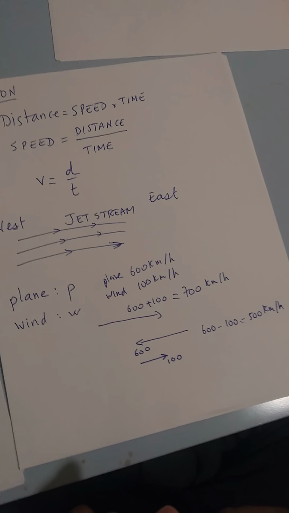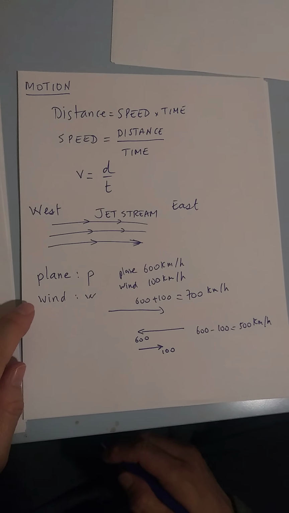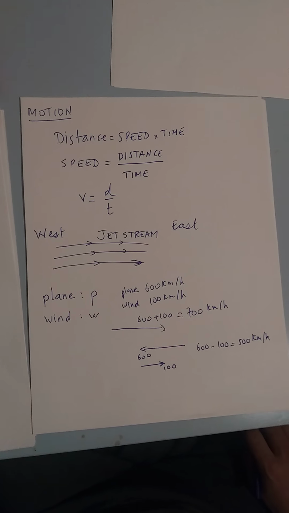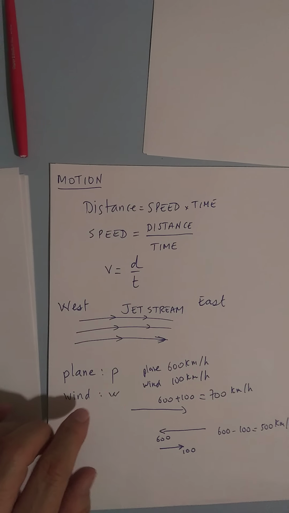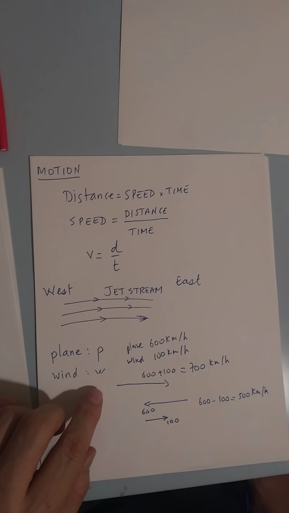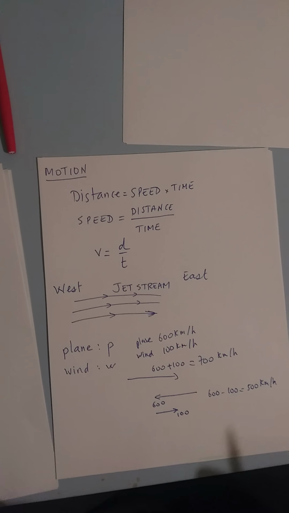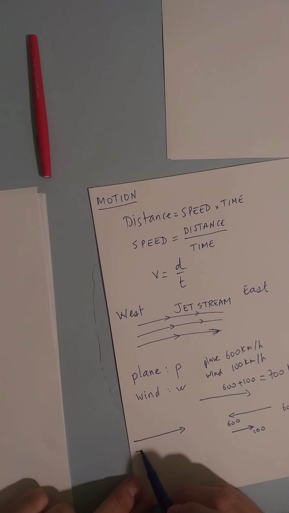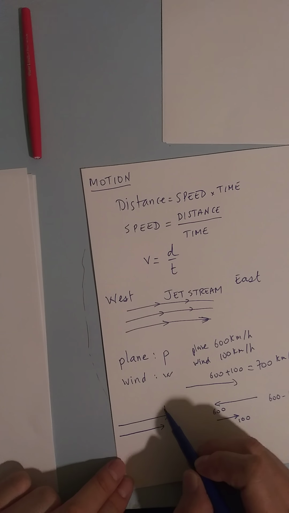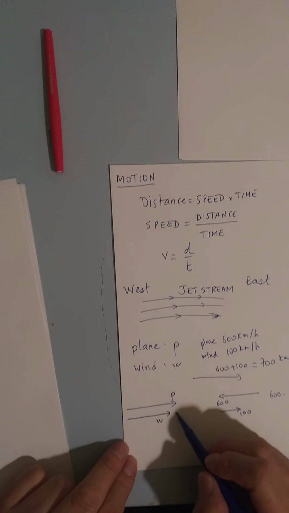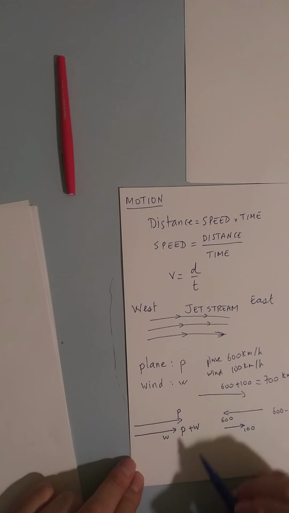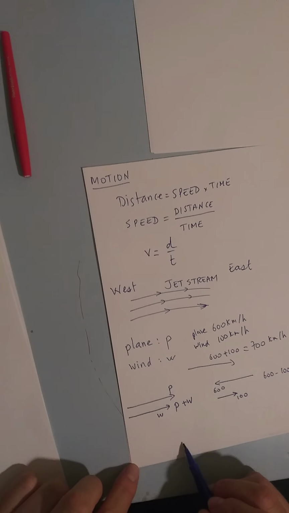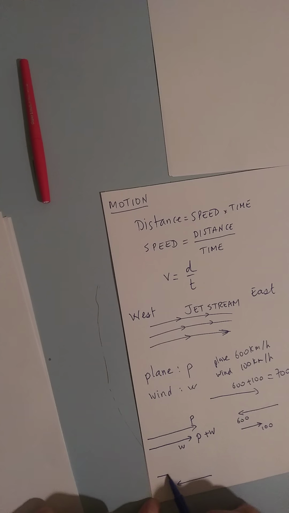We have a choice. We can call the speed of the plane X and the speed of the wind Y, or we could call the speed of the plane P and the speed of the wind W. So let's call them P and W. When the plane and the wind are both going this way, the net speed is always P plus W. But when the plane is going this way and the wind is going this way,